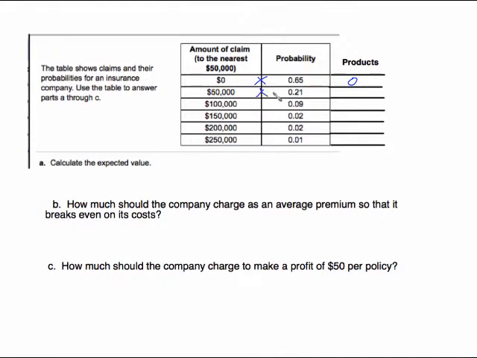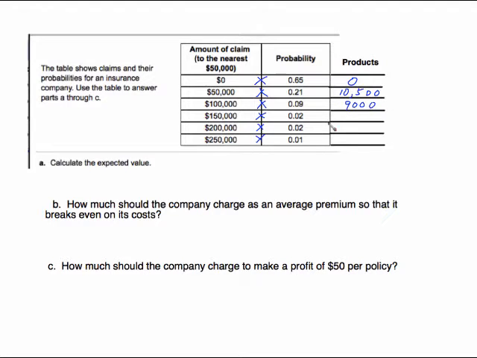50,000, a claim of $50,000 happens 21% of the time, 0.21. So 50,000 times 0.21 is 10,500. They have had to pay out a claim of 100,000 9% of the time, which is the decimal 0.09. Multiply that together, gives me 9,000,